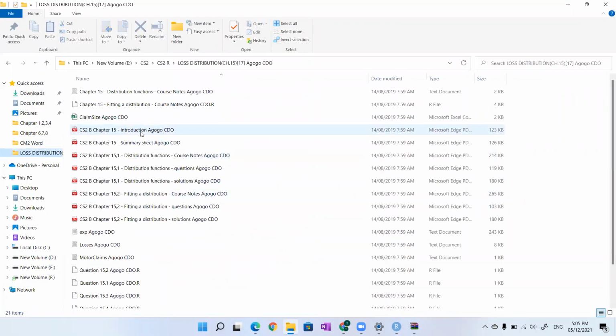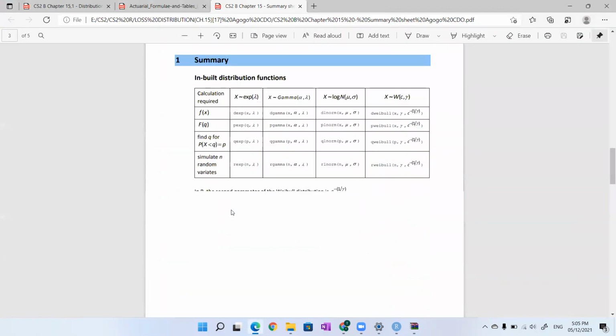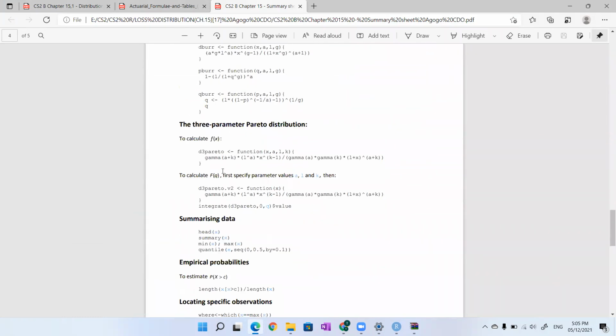Yep. Summary sheet. In the summary sheet you can find your 3-parameter Pareto. You just have to find the D3 Pareto, indicating a 3-parameter Pareto distribution. So you do not have to do it with respect to any other thing. You just have to check it with respect to this. Once you have checked it, I'm going to teach you how to make a